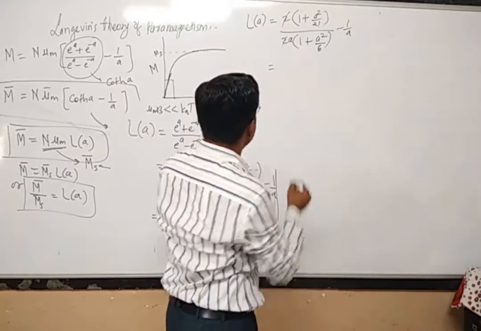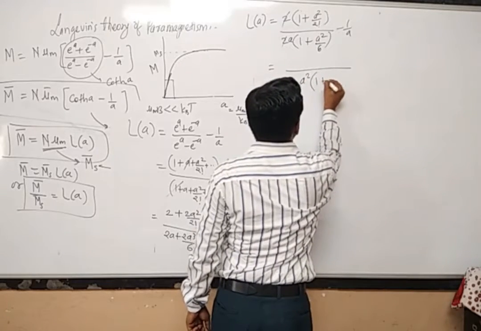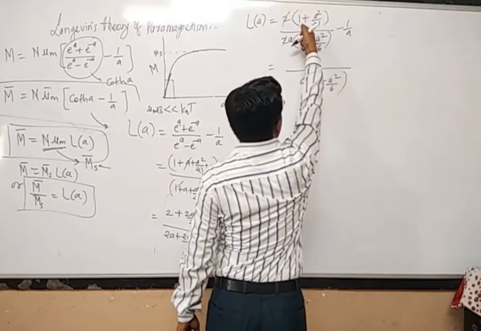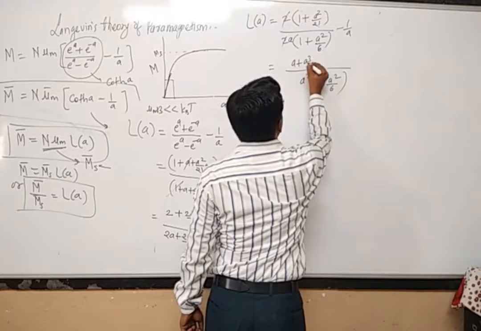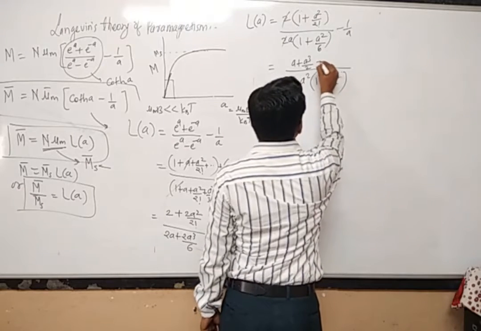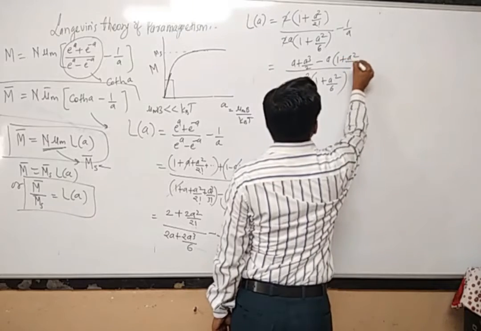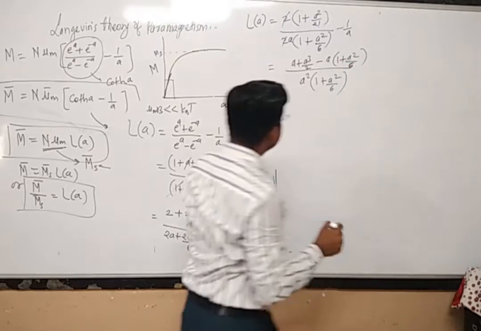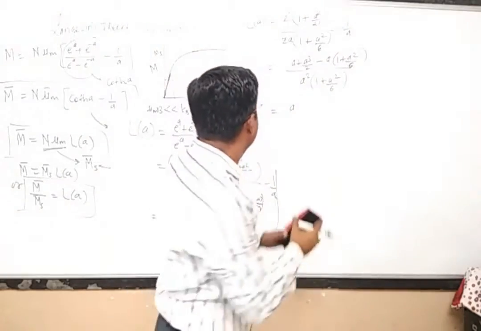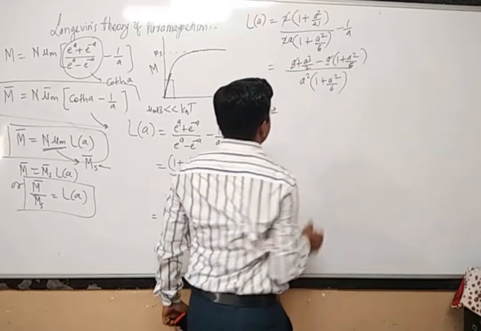Let us cross multiply, take the LCM first. Okay, so A into A, that is A square, 1 plus A square by 6, cross multiply it. So multiply with A, plus A cube by 2, since 2 factorial is nothing but 2, with a minus sign now, minus A into 1 plus A square by 6. Let us expand again. Okay, this plus A minus A will get cancelled.